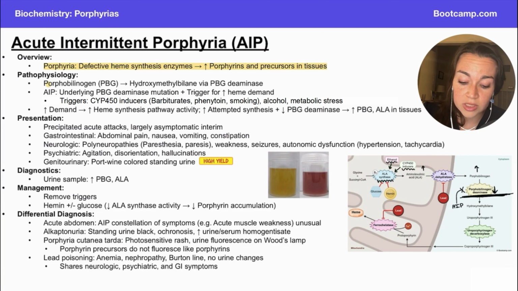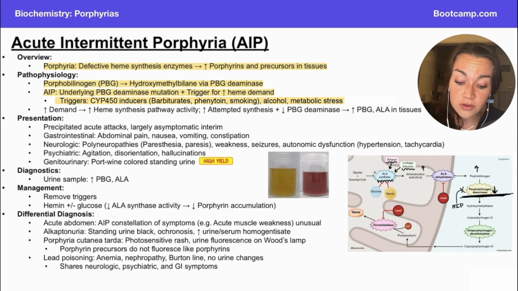Okay, so remember, PBG deaminase mediates the transition from PBG to hydroxymethylbilane. And the pathophys of AIP is that we have an underlying PBG deaminase mutation plus a trigger for an increased demand for heme. So these triggers are cytochrome P450 inducers. And we talked about the rationale for some of these different triggers actually in the last video on heme synthesis